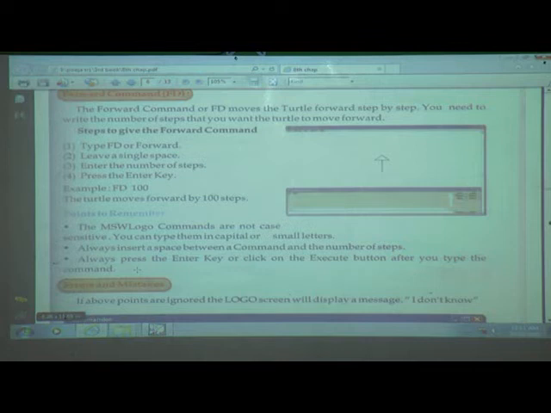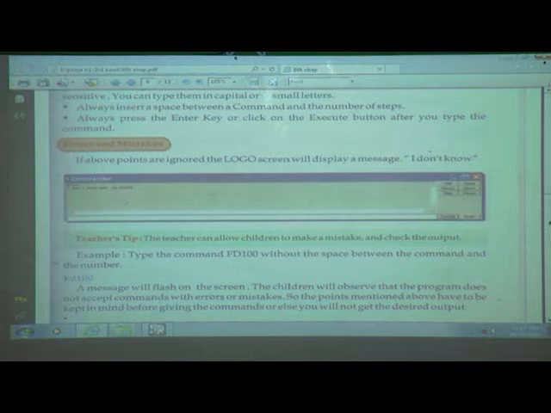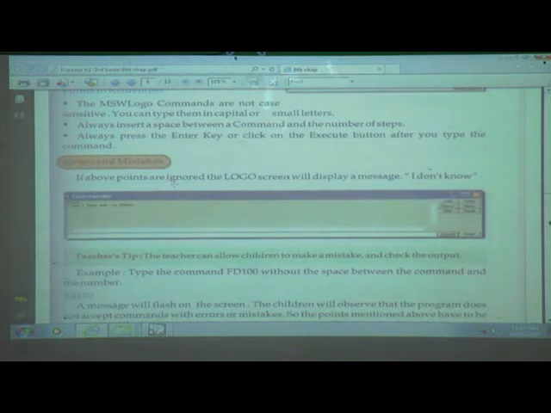Till here clear everyone? Anyone having a doubt? Now next one is errors and mistakes. If sometimes we write wrong, then where does it display? If the above points are ignored, then we must face mistakes or errors. How? If we ignore the above points, the Logo screen will display the message "I don't know".